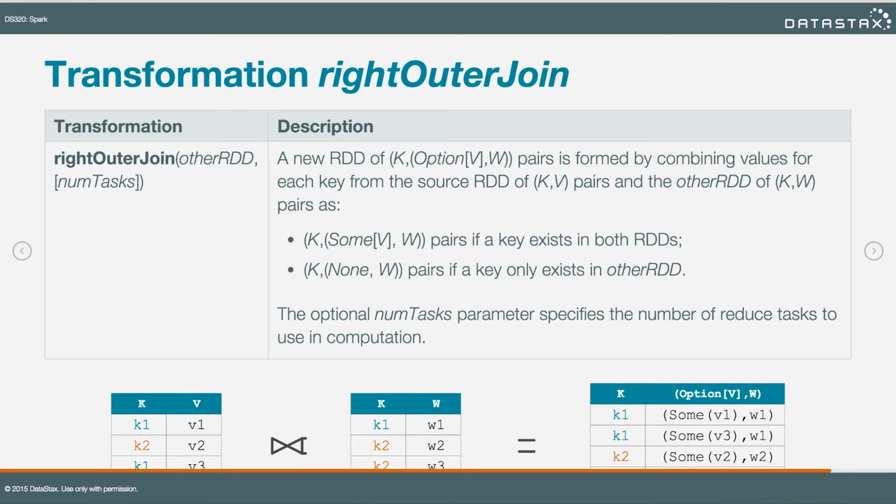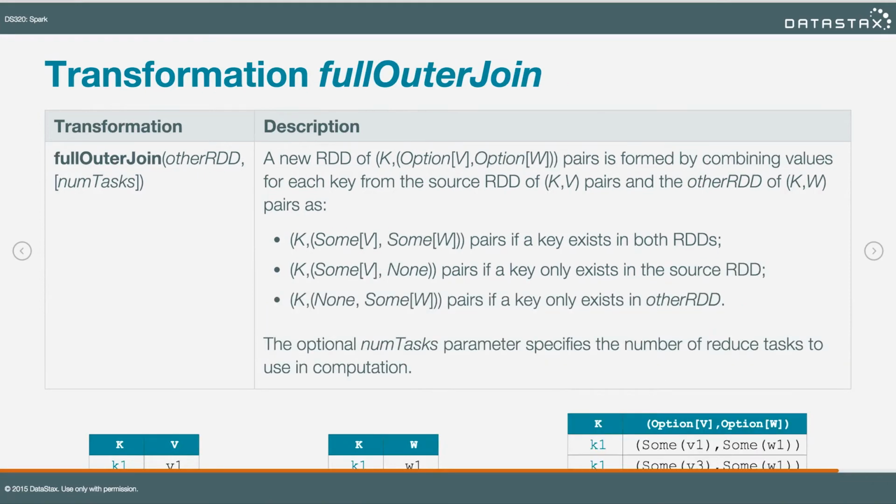But if it is in the right-hand RDD and not the left-hand RDD, it will show up in the output. And of course, if it's common to both, it shows up in the output. And finally, there's fullOuterJoin that insists on creating as many records as possible. It'll join what it can, but if a key only shows up in the left or only shows up in the right, that's okay. It'll also be in the output. This is certainly the most expensive kind of join because it is, by definition, going to return the largest potential